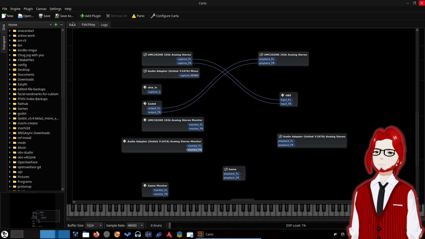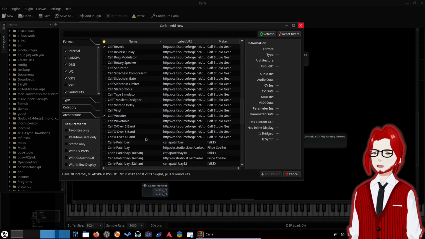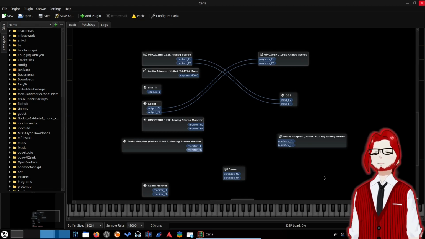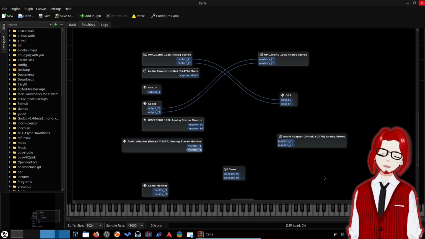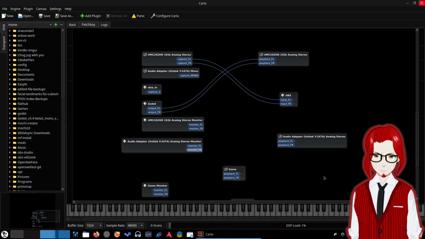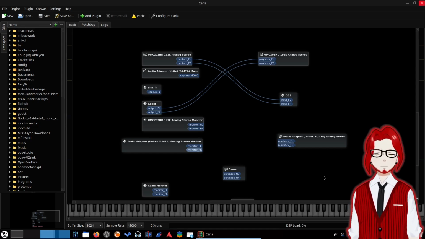Now the downside to PipeWire is, so Carla has all these plugins for Jack, but since Jack is broken for me, I can't use any of them, which is kind of unfortunate. Now that being said, if I ever end up fixing Jack, Pulse Audio will work with Jack and I can use them then. I just have to figure out why Jack is broken first, which I don't know how long that's going to take, and this is working for now, so I kind of don't want to break it again trying to fix Jack.